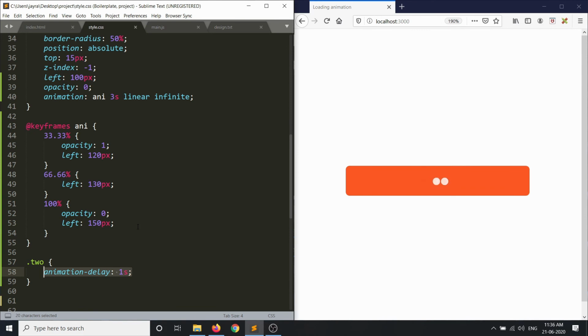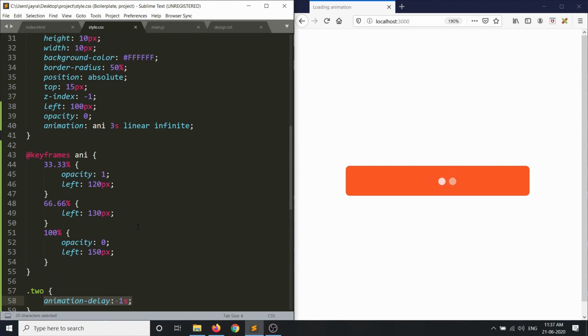I hope I did a good job at explaining the animation. Let me know in the comments if you have any doubt. I'll be happy to reply to that and clarify what exactly happens here. But one thing that I think I didn't mention is this width of the circle is also important. It needs to be the same as the distance that it travels in the second 1/3 of the animation. Without that, again, this effect will not work.